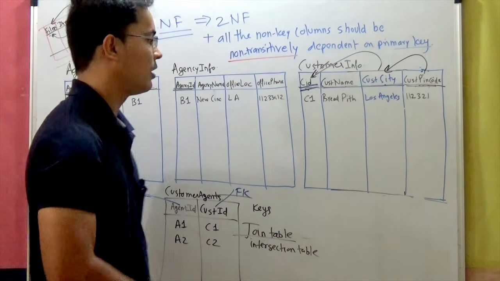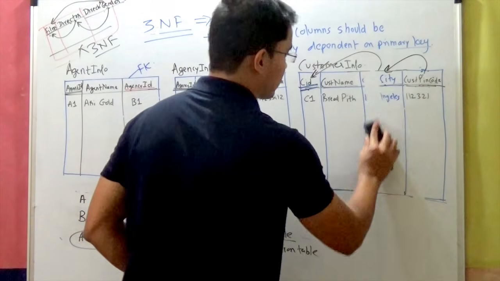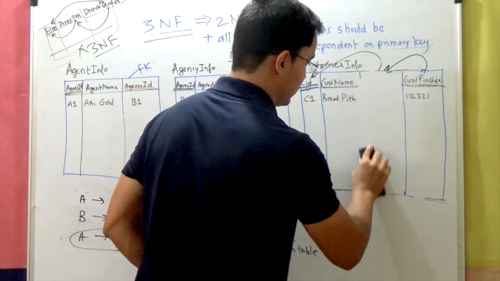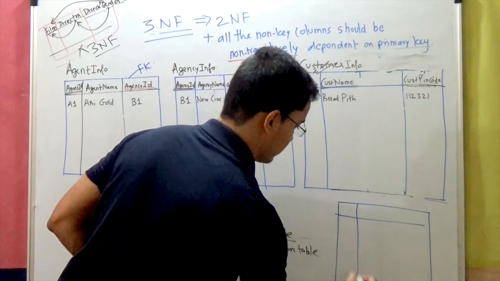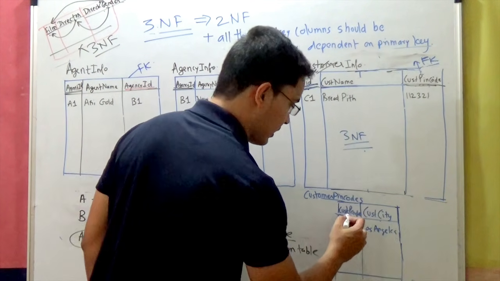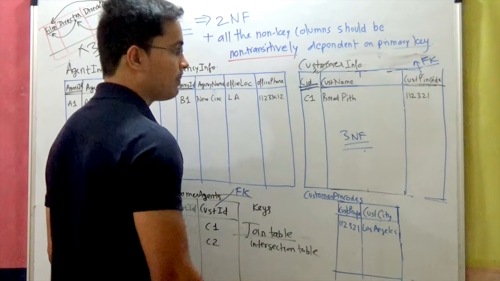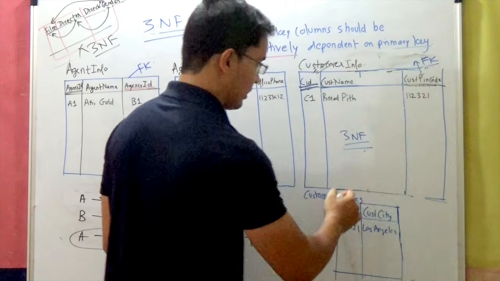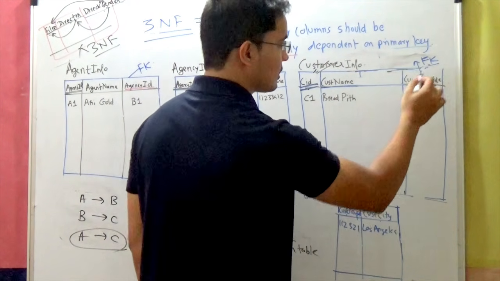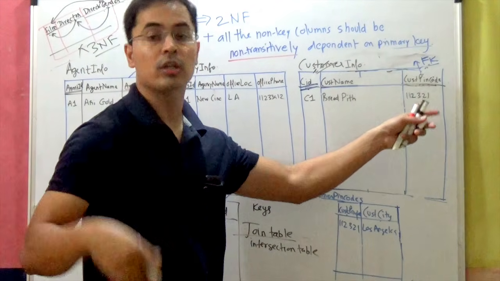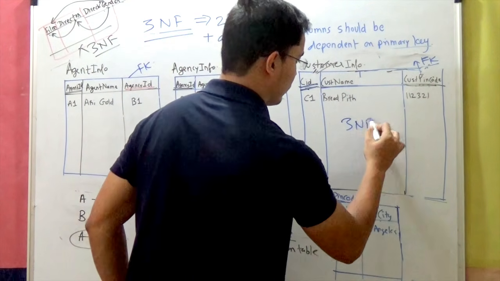So let's make it third normal form. What I'm going to do is remove this customer city column from this table. And I'm going to add another table. It will be called customer PIN codes. It has customer PIN code and customer city columns. Now this is the foreign key here, joining these two tables. Hence that non-transitive rule does not apply on this column anymore. It's not a non-key column anymore. It's a foreign key column. So this table is in third normal form.